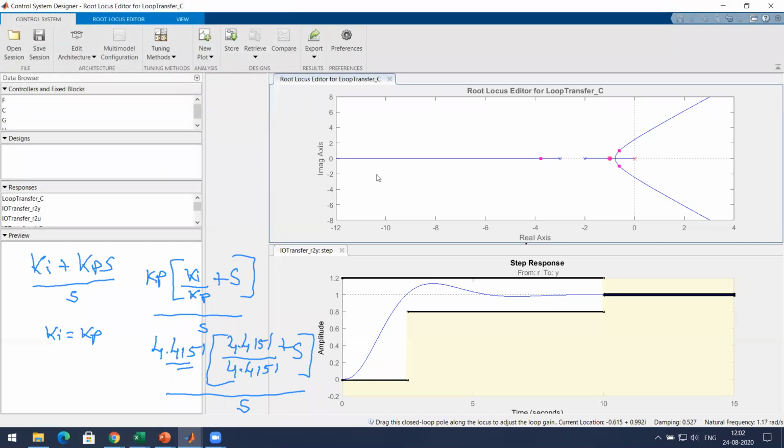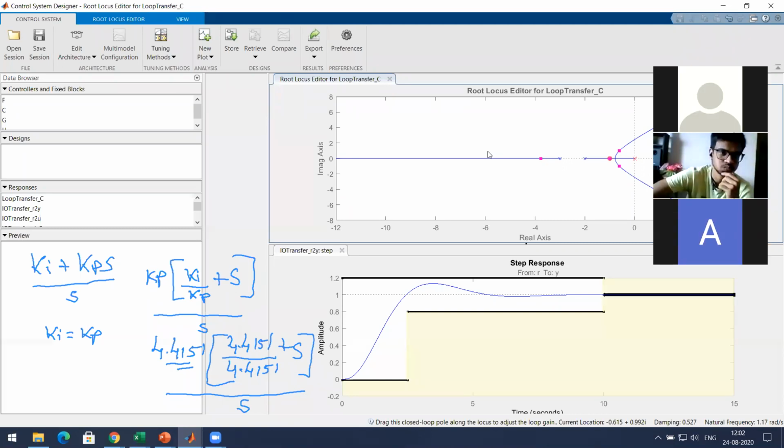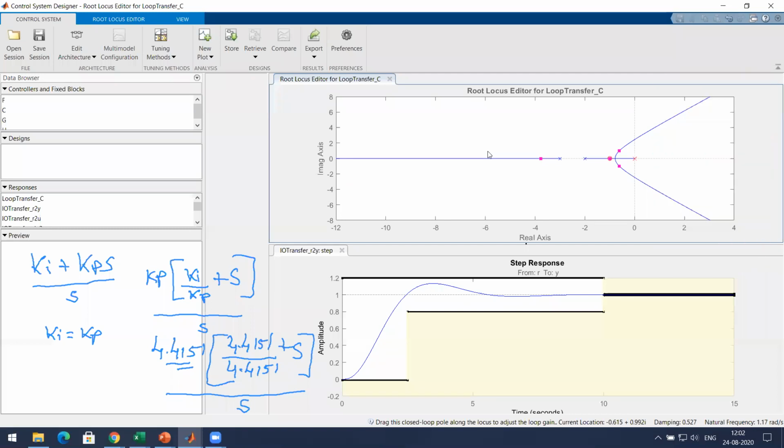So what are you doing with this actually? Previously, with the root locus, you had just plotted the root locus. But now, what are you doing? You are editing the root locus. Why are you editing?